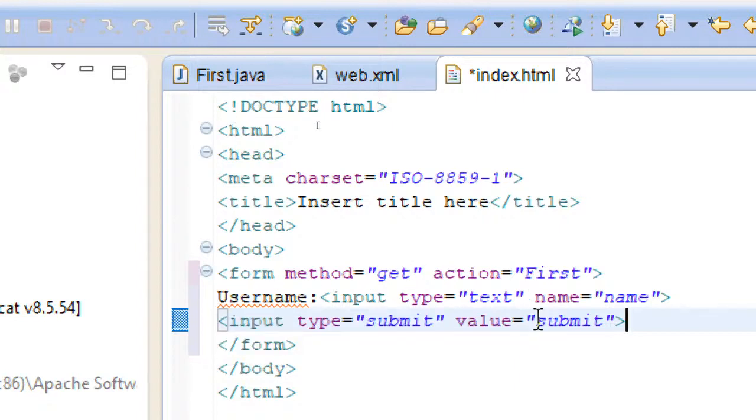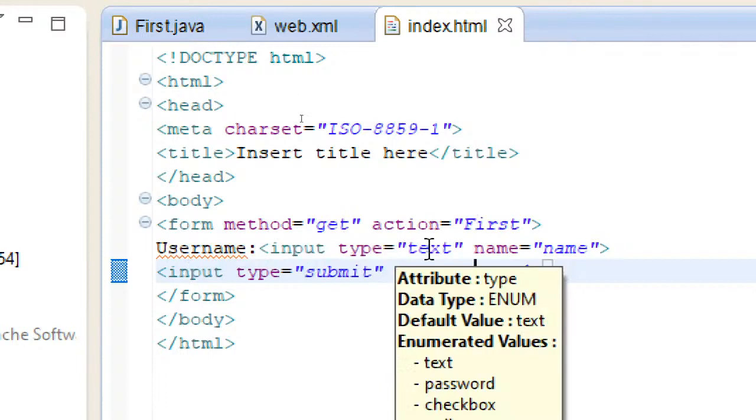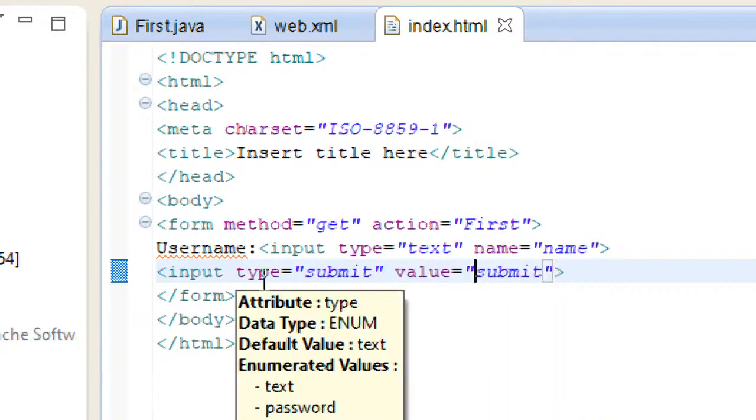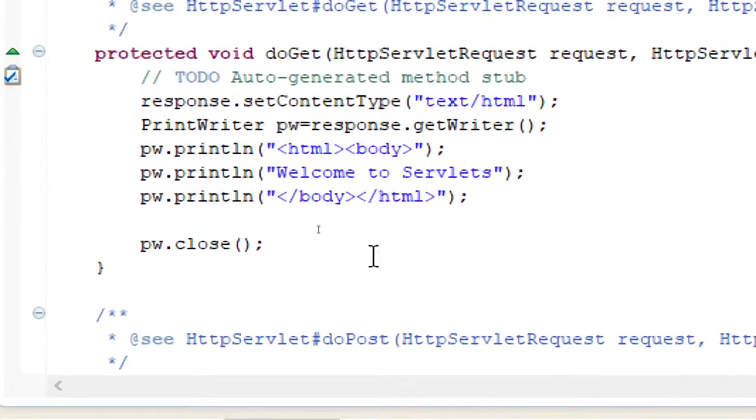Okay, that is only suggestion. Control yes. So form method equal to get, action equal to first, username. So one text field we are giving, and then we are doing this. Now in that, let's just add a simple thing. Otherwise here anyway this is there.